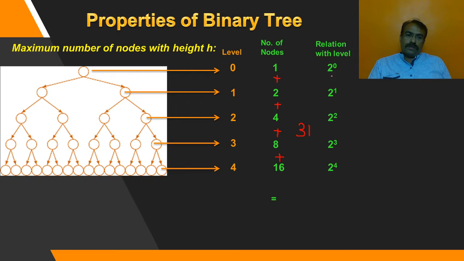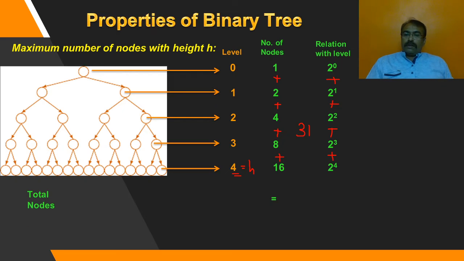But when I test it with this, this term and this term are going to lead to the same. If I'm just putting this into a sum, what exactly is this? It is 2 raised to power 0 plus 2 raised to power 1 plus 2 raised to power 2 and so on. So what is the height of this tree? The height of this tree is 4. So let us say that h is the height of this tree. So what we are going to have is 2 raised to power 0 plus 2 raised to power 1 plus 2 raised to power 2 plus 2 raised to power 3 plus 2 raised to power 4, till 2 raised to power h. That is the way we can have the arrangement.